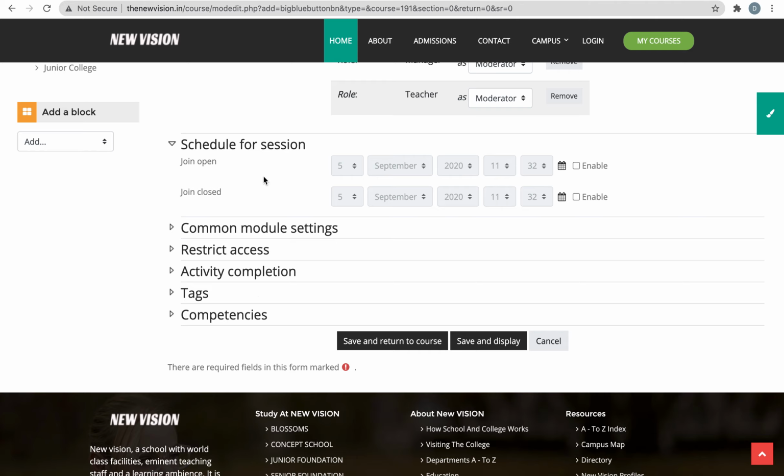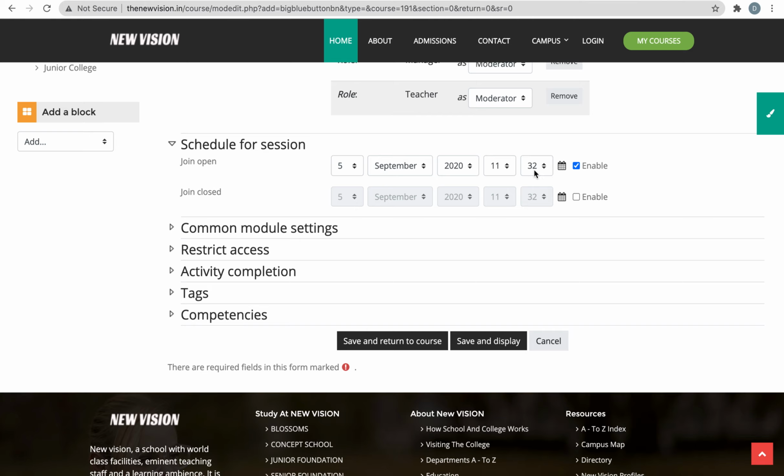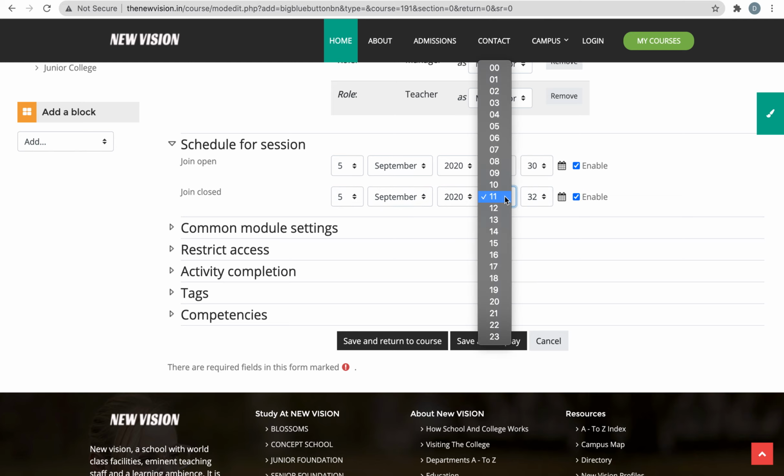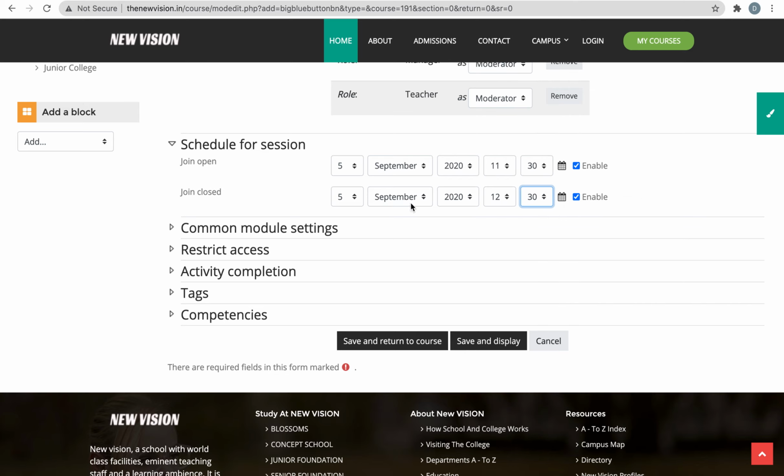So if your live class is scheduled Monday morning 9 o'clock to 10 o'clock, you should choose the date and time here and enable it. I am clicking on enabling. Randomly I will choose the timing here. I will select 11:30 on 5th of September to 12:30, one hour's duration. Okay, I am done scheduling.